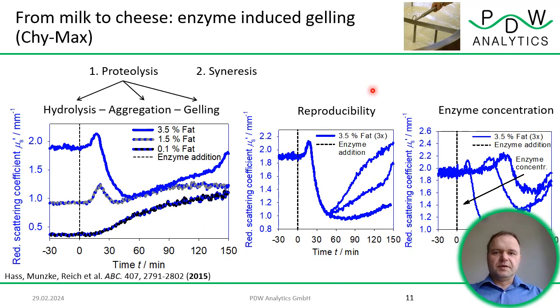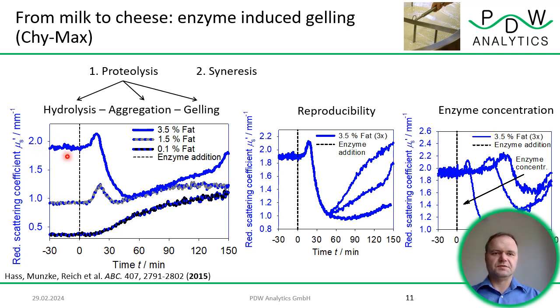And in comparison to monitoring a process by absorption, of course, we can also monitor processes by scattering. Here is an example. It's the cheese formation from fresh milk, and enzyme-induced gelling by Chymex as an enzyme. So what has been done here is monitoring the process by the scattering properties. 3 different fresh milks were used with different fat concentration. We see that the milk having the greatest fat